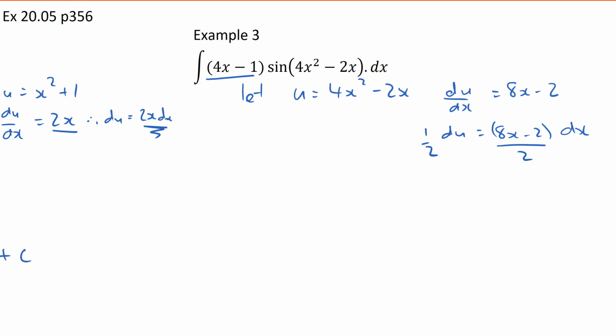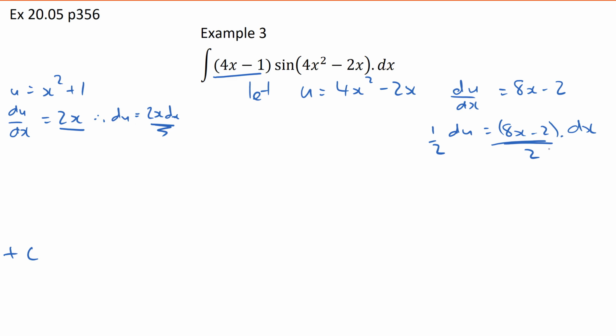Well, I am halving the dx. This is that times dx divided by 2. I'm halving it all rather than just halving the dx. Why would I not double the du? I don't know, what do you reckon? Don't I want 4x minus 1? So how do I make this 4x minus 1? I halved it, so I've got to half this side, I've got to half the other side as well. So this now becomes